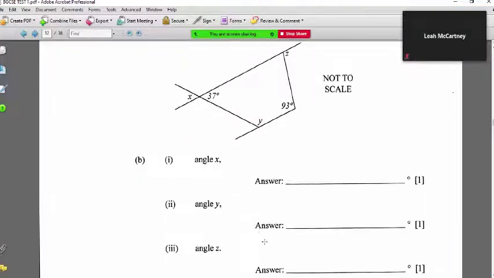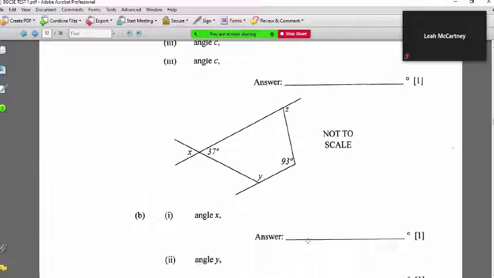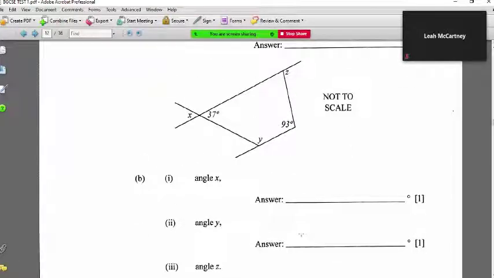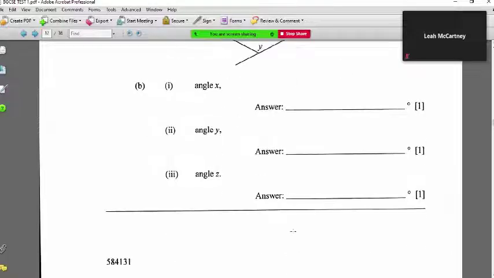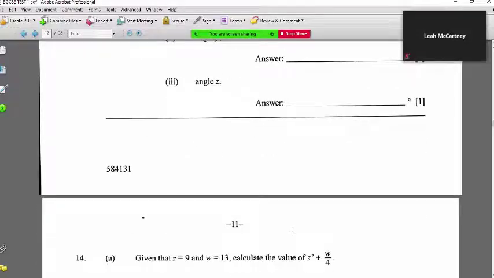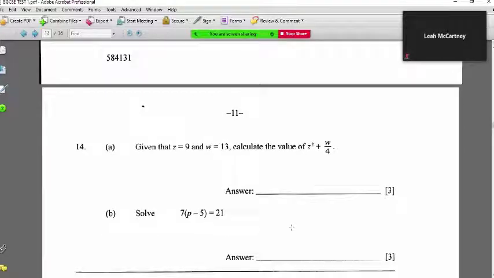And so angle z is 93. So if you need to go over more of these diagrams and more of these types of problems, just make a note, and then at the end, just let me know what we need to cover again, so that y'all can get more proficient at solving these types of problems.